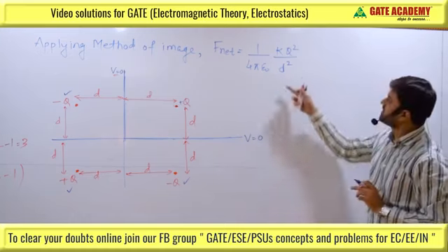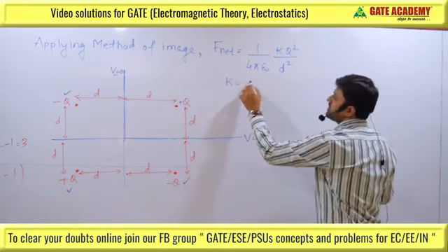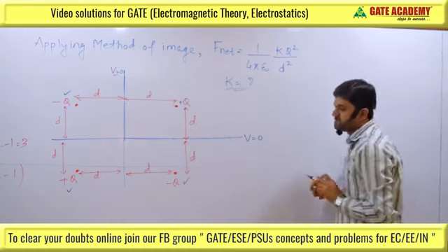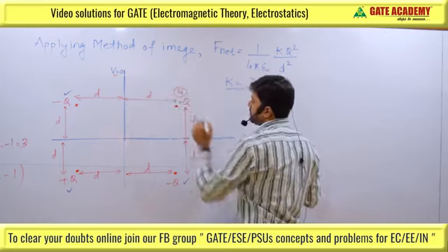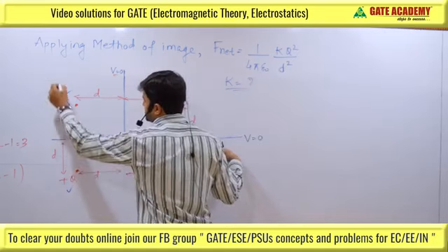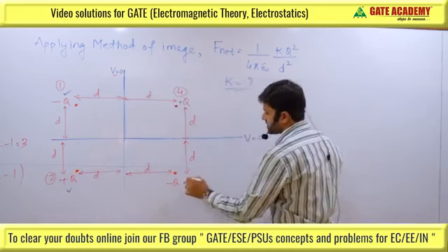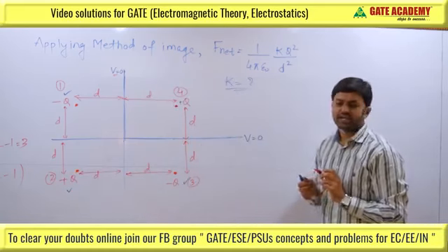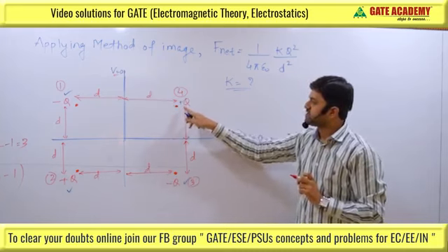The net force is given in this form. We have to calculate the value of k. Now let us say this is charge 4, this is first charge, this is second charge, and this is third charge. Now we can calculate the force on the charge placed at position 4